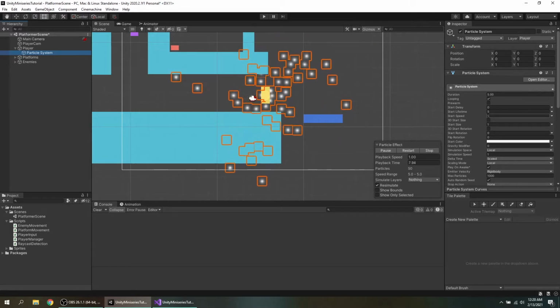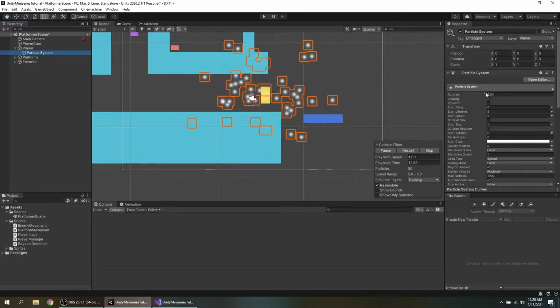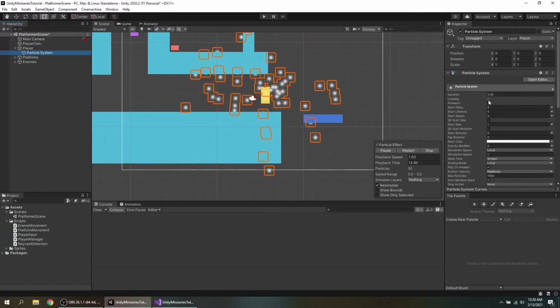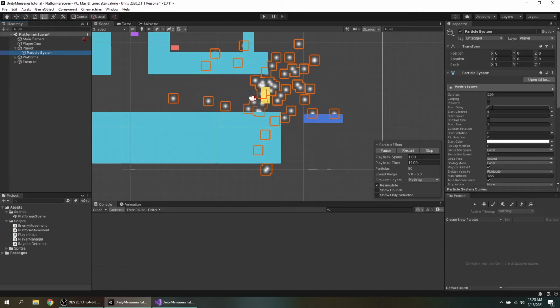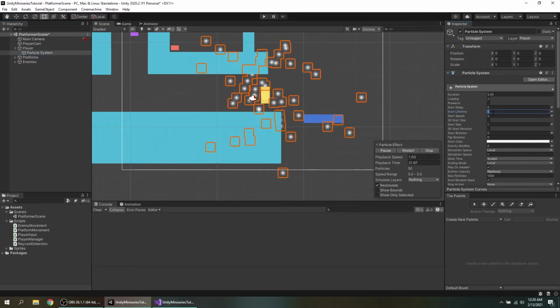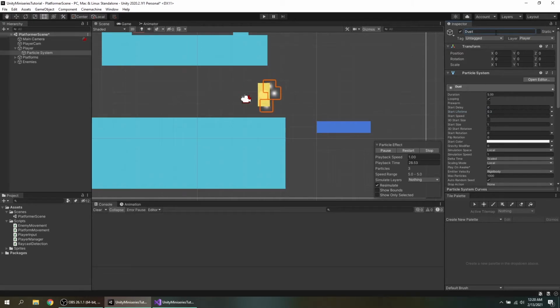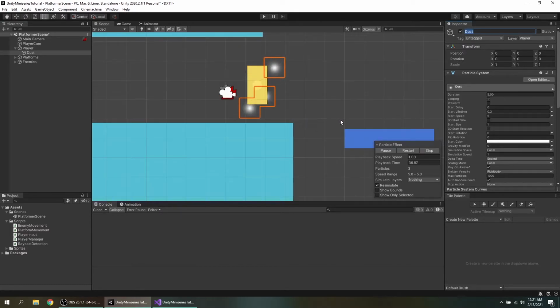So we can start messing with it. So looping should be on. Start delay is 0. Maybe start lifetime can be like 0.3. So just instantly is lost. So what this is, is actually the player dust. So what we're doing is when he's moving, dust is generated so that there's like a trail and it looks good. So right now it looks terrible